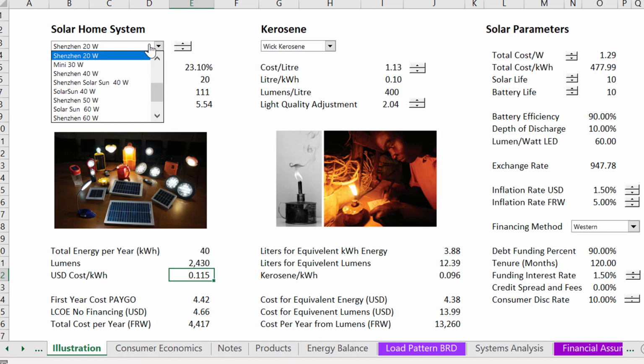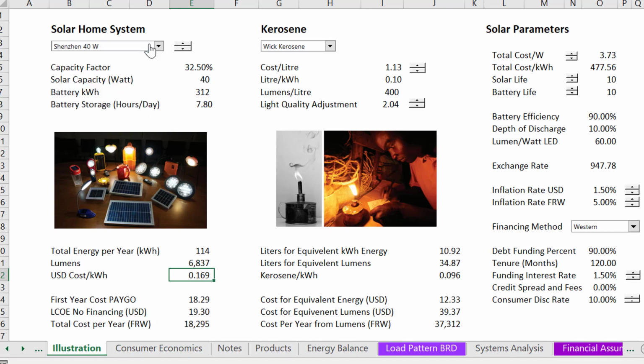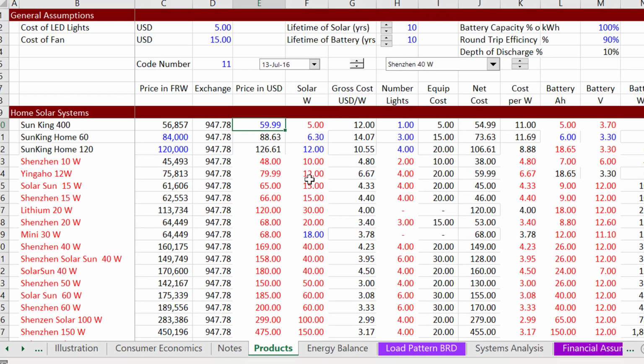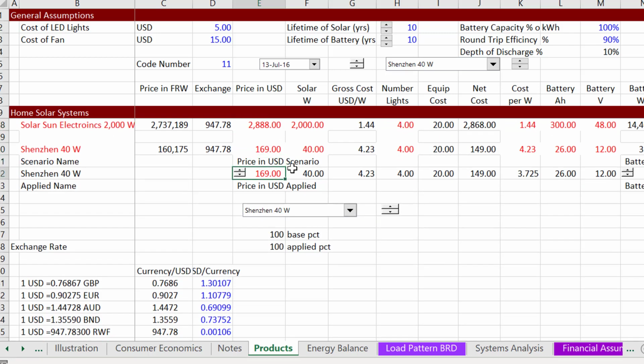What happens is if you put it back to the case, it just resets this case. So remember, we put all of our different parameters in our little database. This is our base case, and if I want to push this down, then I get a different cost per watt. And as soon as I change this back to another case, it just resets this number. It actually resets this